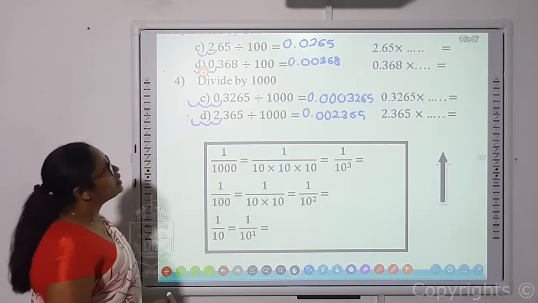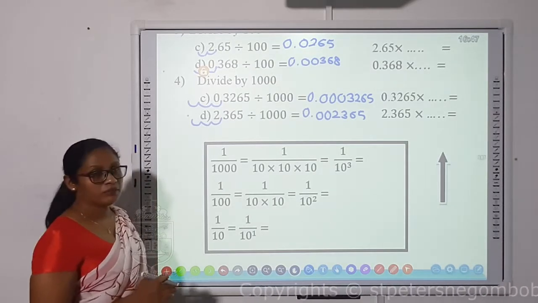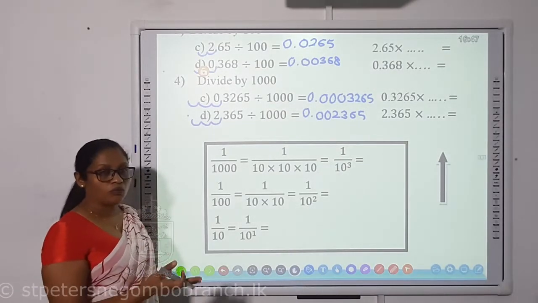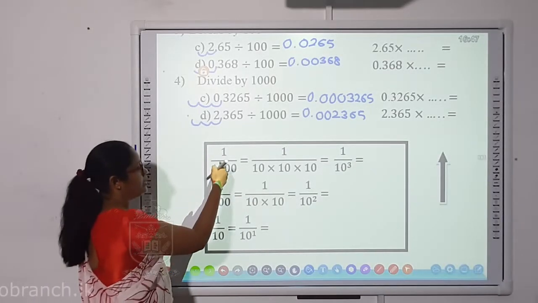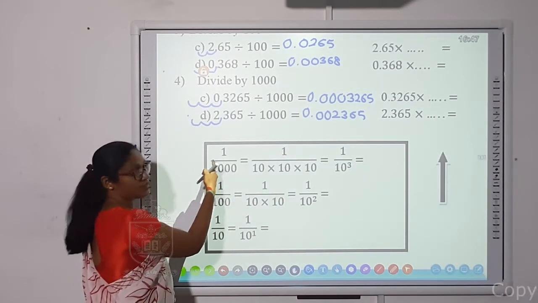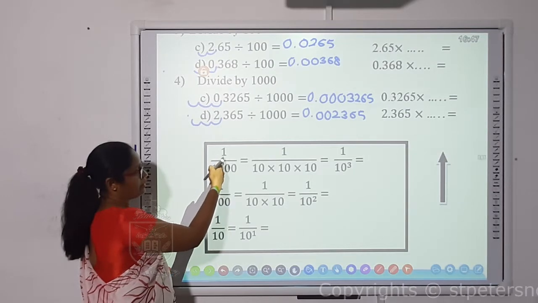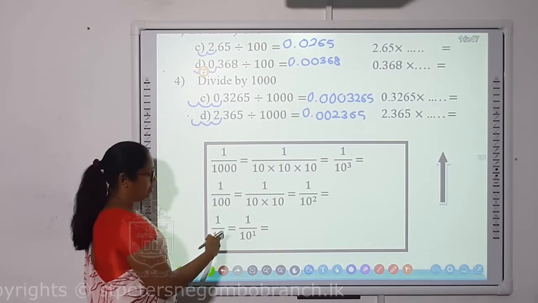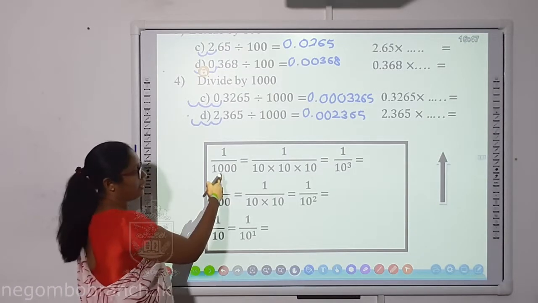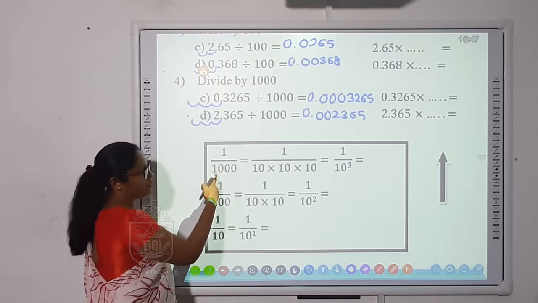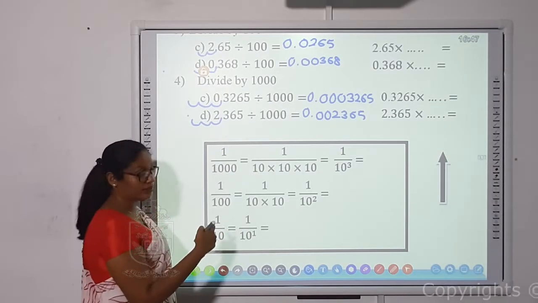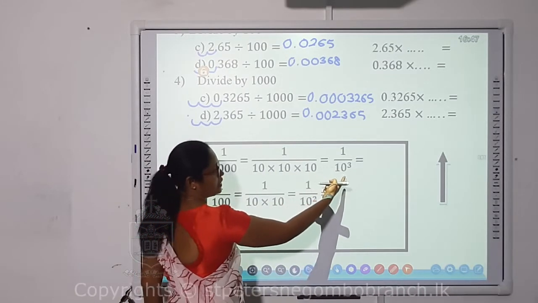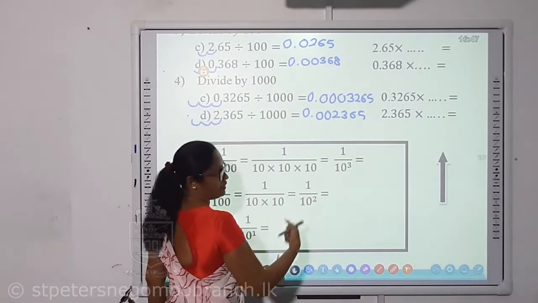Now, divide by 10, divide by 100, divide by 1000 can also be written as the number over 1000, number over 100, right? That's what I wrote here. This line says division. So divide by 1000 is represented by this, and divide by 100, and here divide by 10. Because 1000 is a multiple of 10, I just represented 1000 with tens, and then converted this notation into the index form, right?